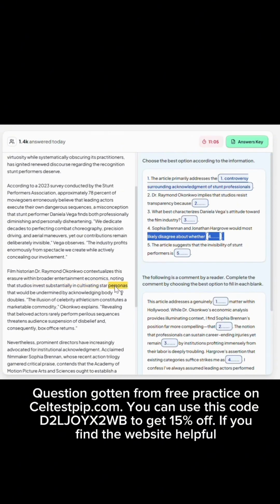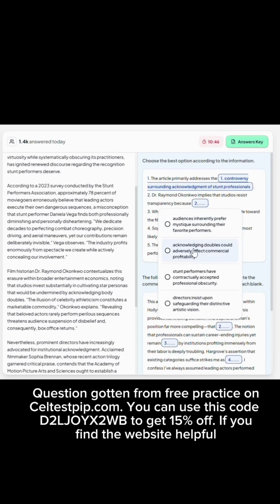And also for your second keyword that you're searching with, it can be a word, it can be a phrase. So the phrase I picked here was studio resist transparency. So I go there looking for similar synonyms or a paraphrase of that place, and I read my options and I check the one that matches whatever that was